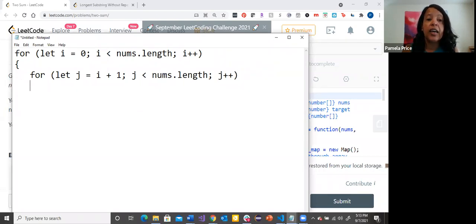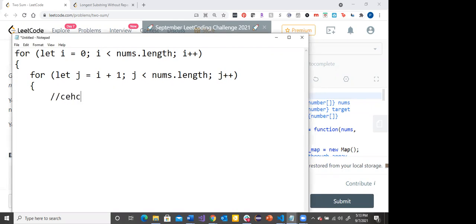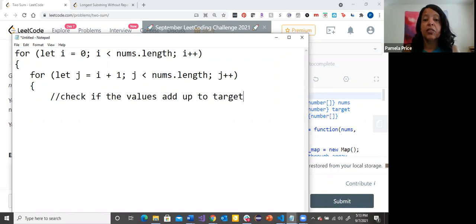So now I have these two positions in the array. So what do I want to do in here? Carl, or maybe somebody else, tell me in words, what do I need to do in here? I've got 2 pointers that I can use into the array. What do I want to do? You could now check if the number i plus the number j is equal to the target. Right. So that's just an if statement, right? So if nums[i] plus nums[j] equals my target,